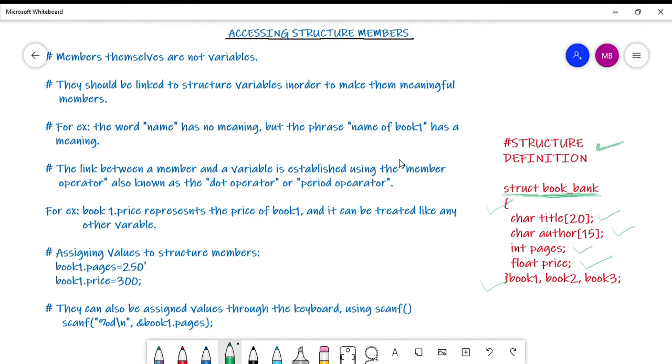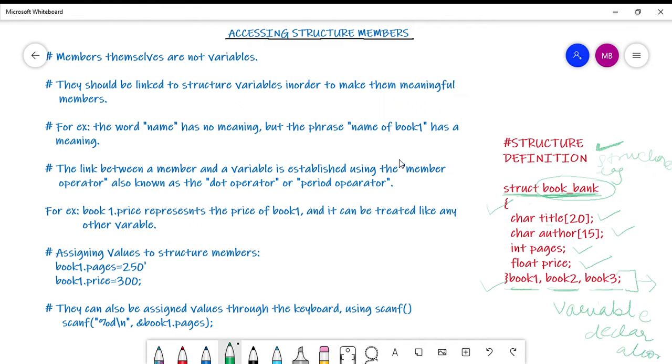So if this is a structure tag, then say for example you want to have variables named book 1, book 2 and book 3 of this particular data type. That is, the data type is structure book bank. So then this is how you declare these variables. This also I have explained in my previous video. You will be provided the link for that in the description box. Here I am doing the variable declaration at the time of structure definition itself.